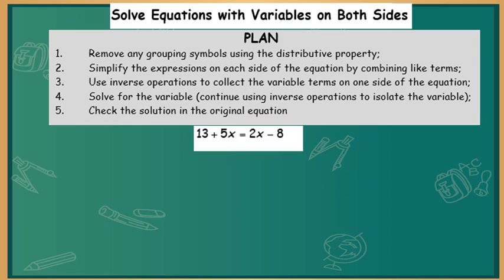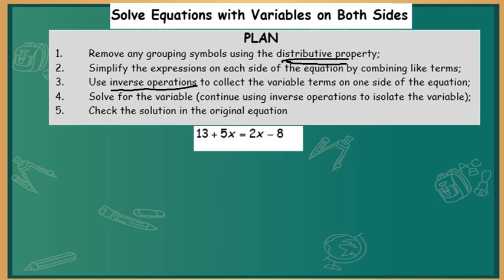Our first step is we're supposed to remove any grouping symbols such as parentheses or brackets by using the distributive property. This is very important. Then our second step is we're supposed to simplify expressions on each side of the equation by combining like terms, because we might see more than one like term on either side of the equation, and we're supposed to combine them. Then our third step is we're supposed to use opposite operations